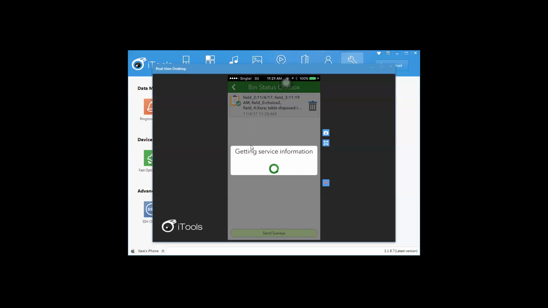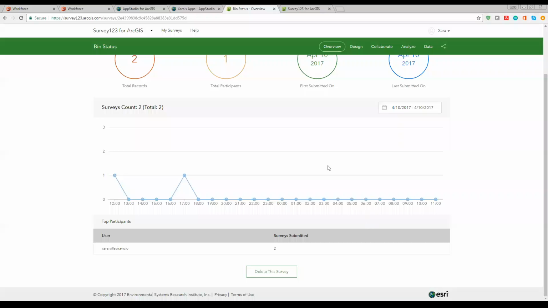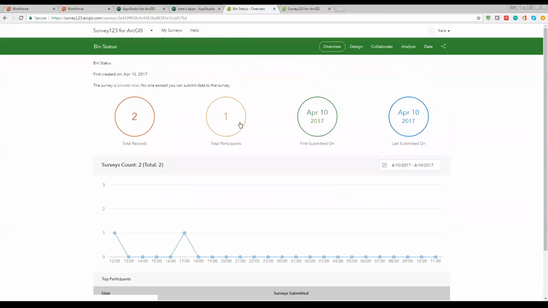So I can go back to my main screen where most of my apps are located. All right. Now from here, if say for example, I would not want to make use of Survey 123 since